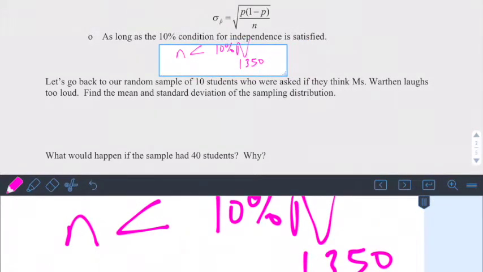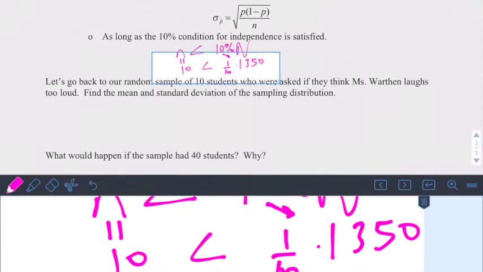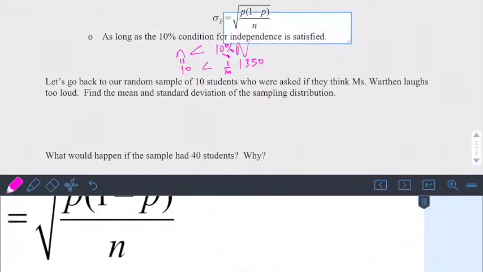Our sample size n was 10, and 10 is definitely less than 10%, right? 1/10 of that would be 135. So I could take up to a sample size of 135 for my n and still be okay to use